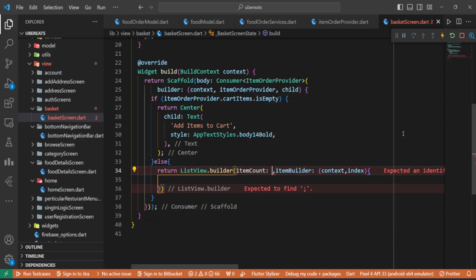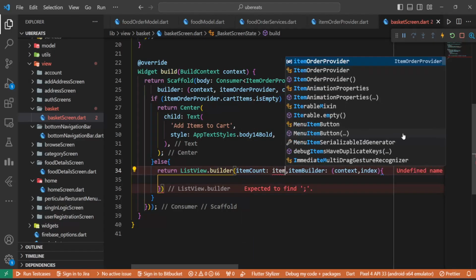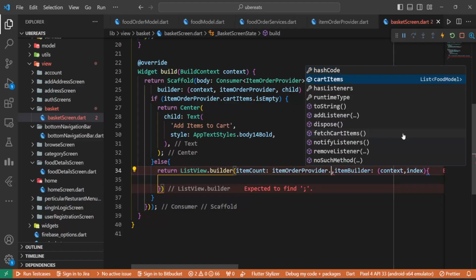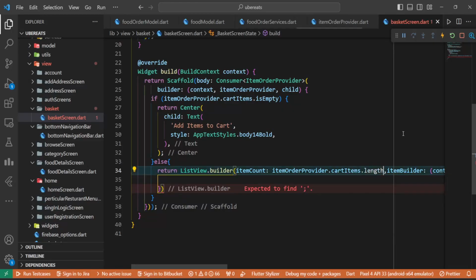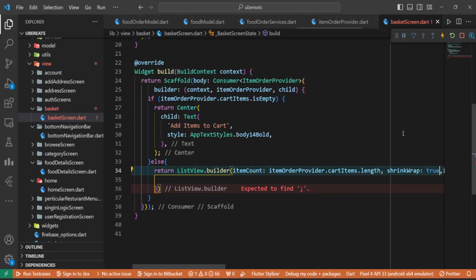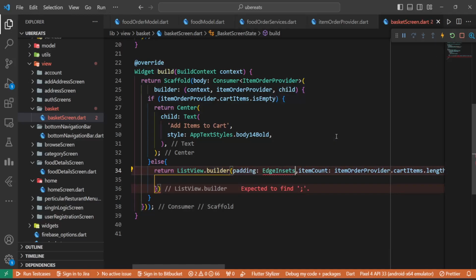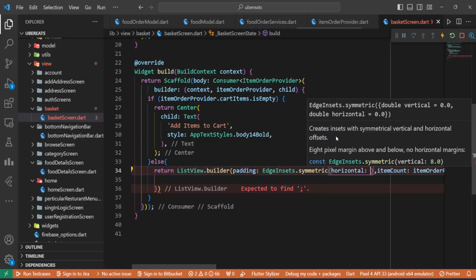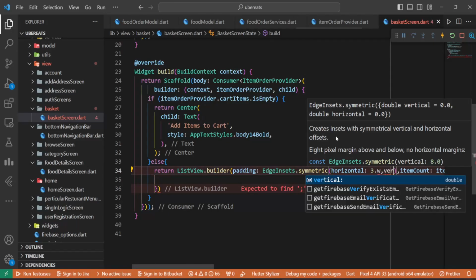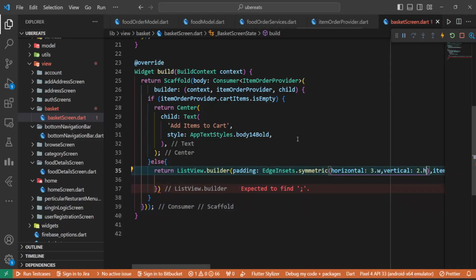It's going to be item count, and the item count is going to be item order provider dot cart items dot length, and we will go with shrink wrap. It's going to be true, and we want to go with a little bit of padding also. So we will go with padding edge insets dot symmetric. Horizontal, let's go for 3.w. Vertical, let's go for 2.h. We will import the sizer package,